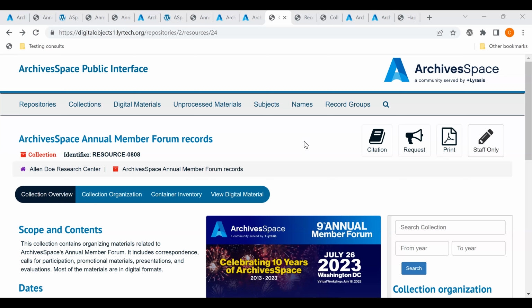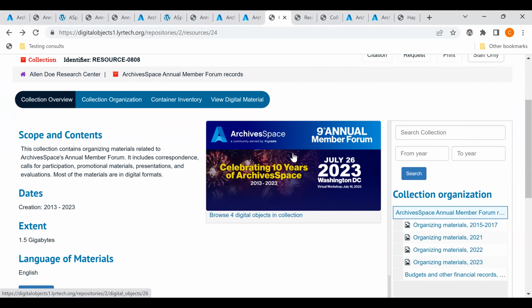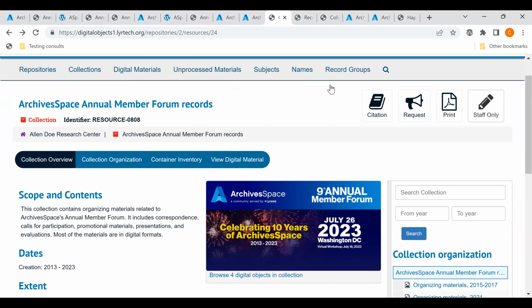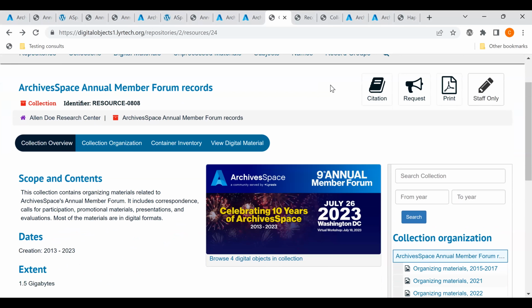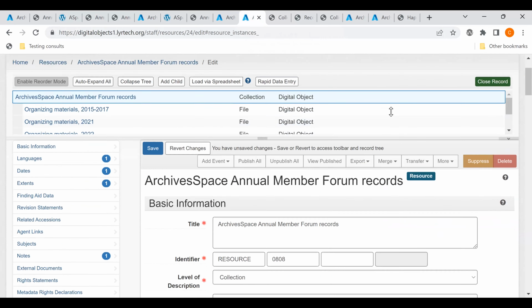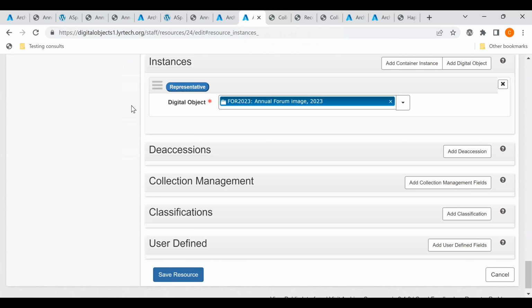Okay, so now I'm going to show you a few different things about the resource record and how things might display up here, depending on how you've marked things in the records that are attached to it, or if you don't have a record attached to it. So as I showed you, the reason that image is displaying up there, up top, is because that specific image is